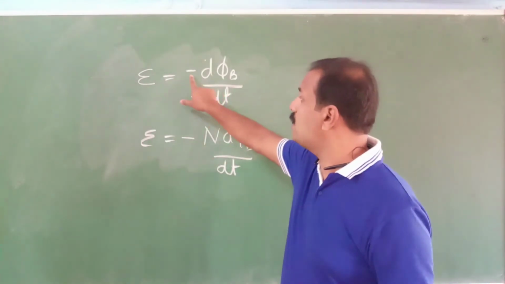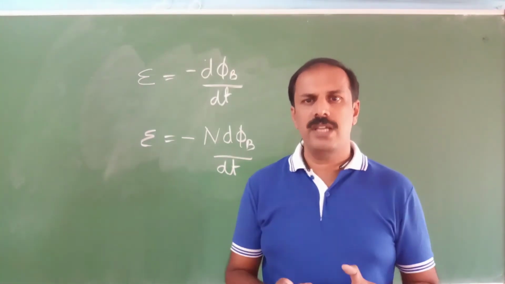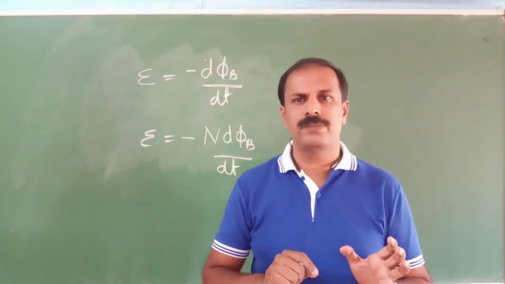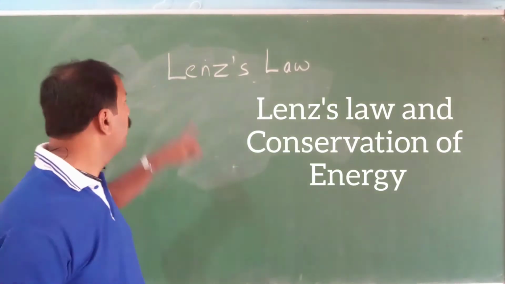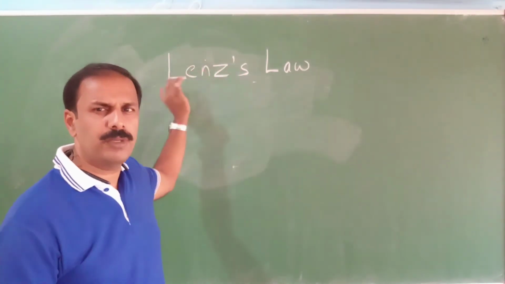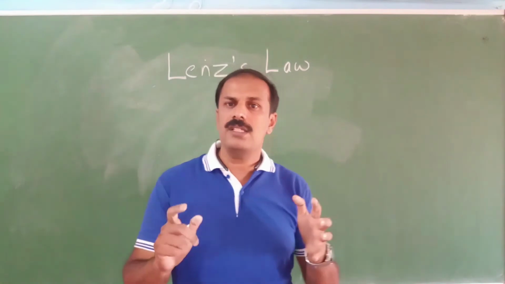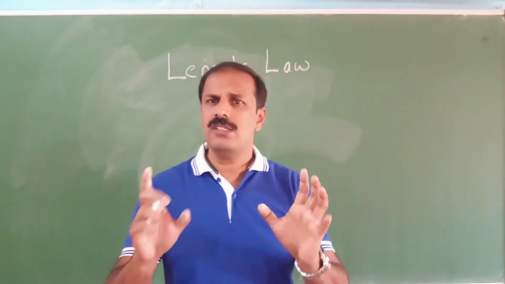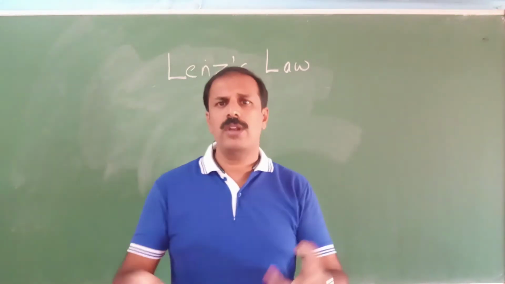Now we already discussed why this negative sign comes. This negative sign is due to a law called Lenz law. So what is this Lenz's law? We are going to discuss that as the next part. Now we will discuss Lenz law, L-E-N-Z apostrophe S, Lenz's law. Actually, we can read it as Lenz law only. This Lenz law is the reason for that negative sign, and there are many applications of this Lenz law also. The statement of Lenz law is just related to that negative sign only, and afterwards we will go for more explanation of that.